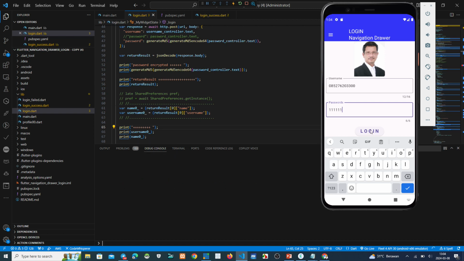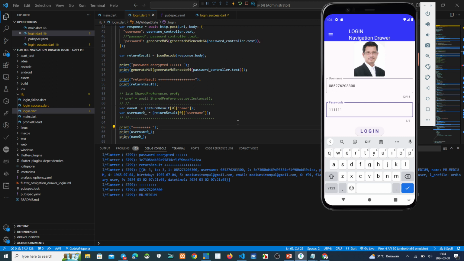Put login script, login button here, click. Okay, this is the result. After we make a split, name and username, we can see the username, and then after that, this is the name. This is the data we want to have.